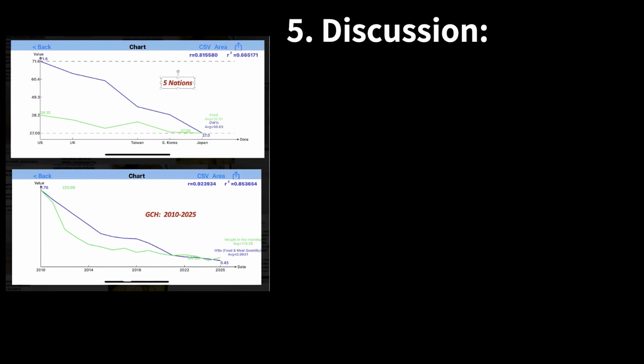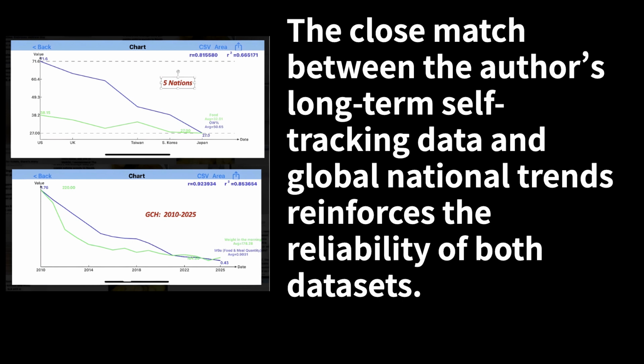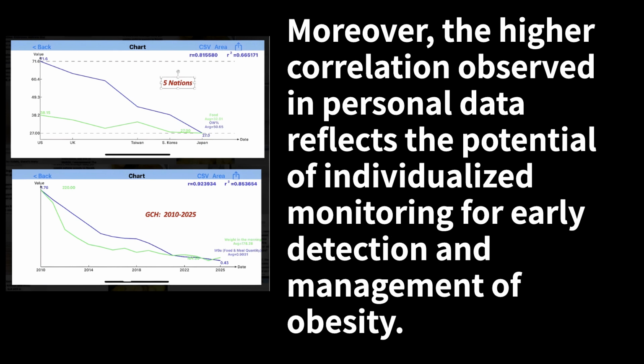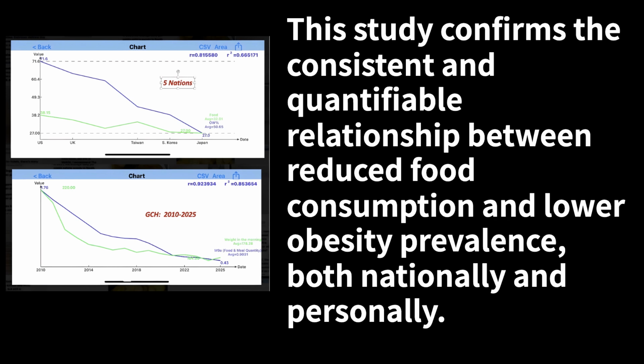0.853654. 5. Discussion. This dual perspective analysis demonstrates that the reduction in food quantity is strongly associated with a decrease in both % at the population level and body weight at the individual level. The close match between the author's long-term self-tracking data and global national trends reinforces the reliability of both datasets. Moreover, the higher correlation observed in personal data reflects the potential of individualized monitoring for early detection and management of obesity. 6. Conclusion. This study confirms the consistent and quantifiable relationship between reduced food consumption and lower obesity prevalence, both